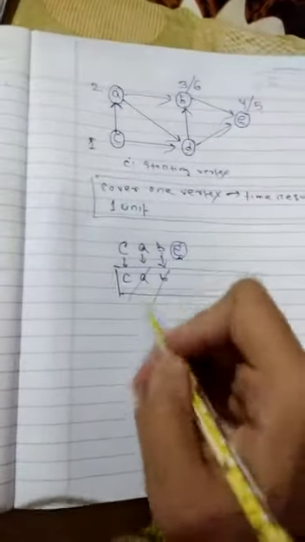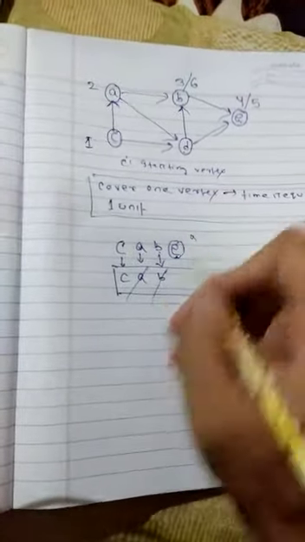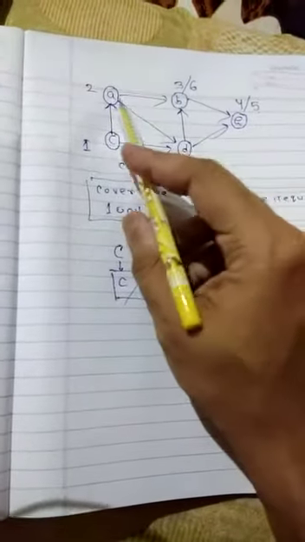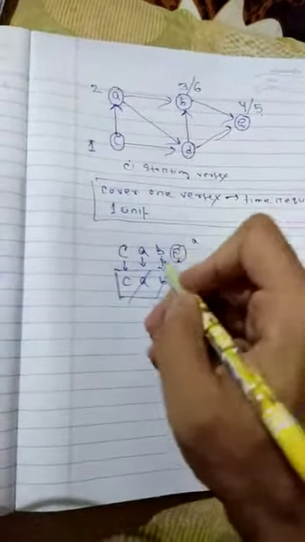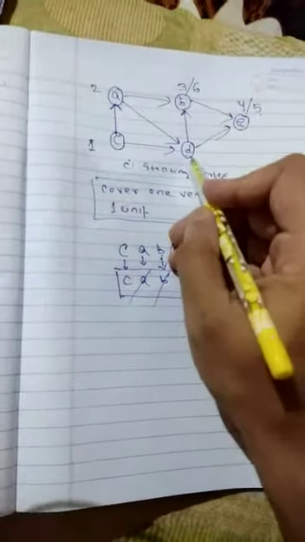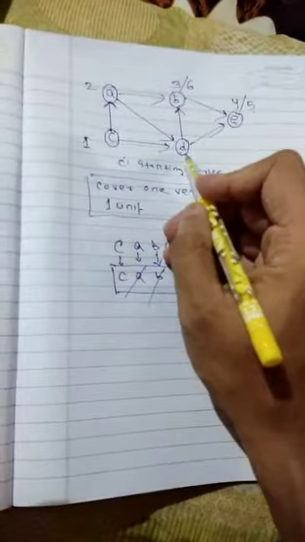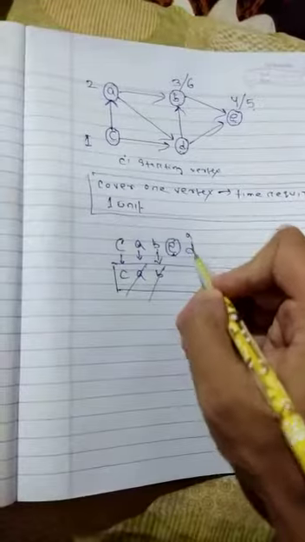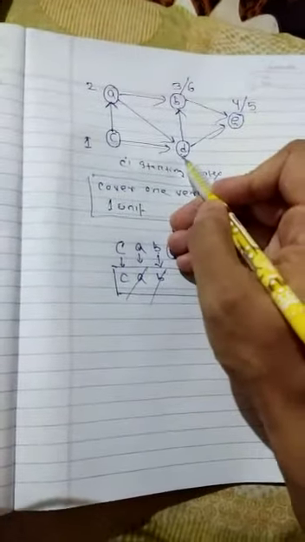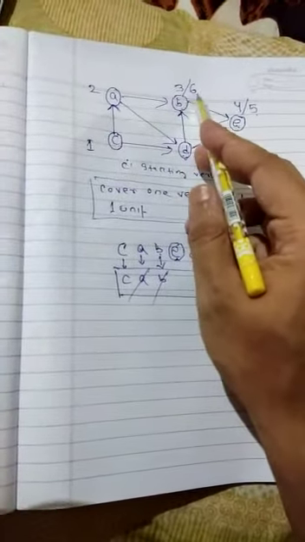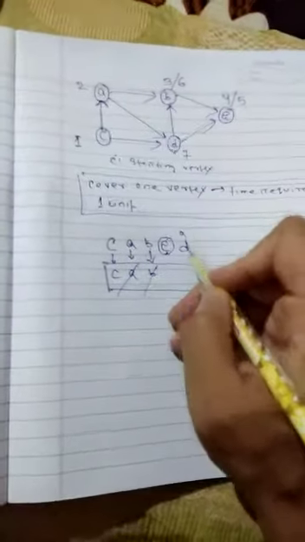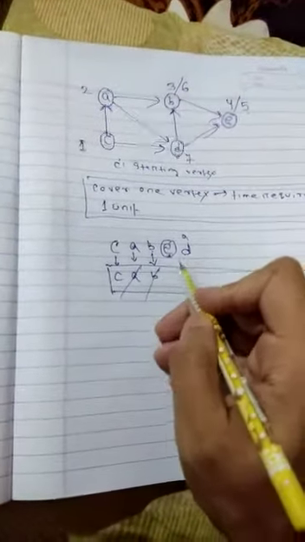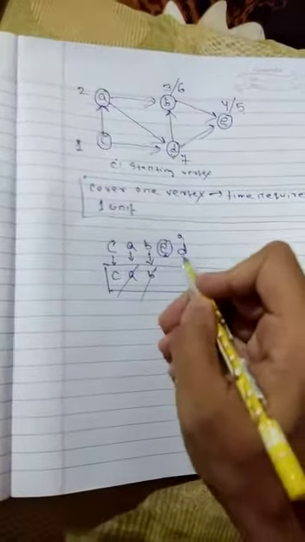Then again A will be popped out. Then using A, I am checking what are the adjacent. A has B and D. Okay, B is already traversed, but D is not explored. Till now D is not explored. So this is a new vertex. So using A, again I explore a new edge to D. Up to 6 units time is covered. That means at the 7th time unit D will be explored here. And next, because D is explored using A, then A will be entered into the stack.